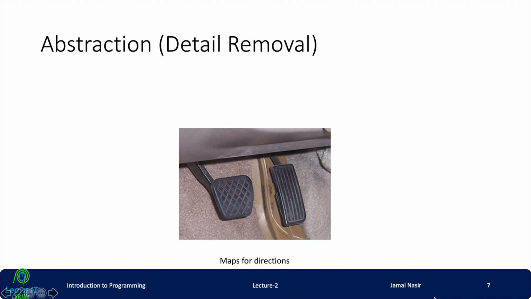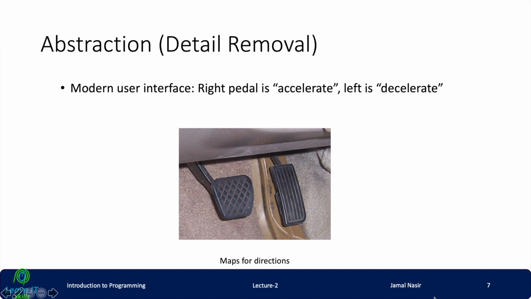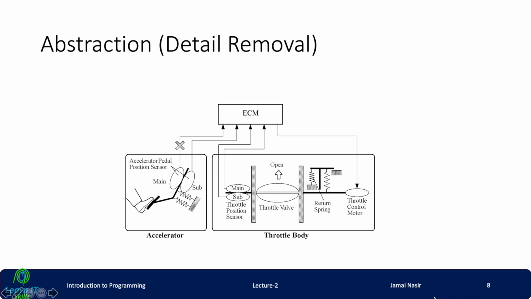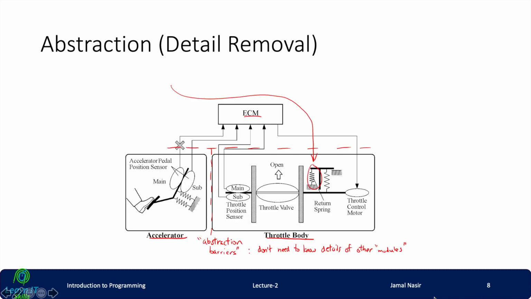Just like in a car, when you are driving, you don't have to consider what's going on behind this pedal, accelerate or brake, right? Because we know that behind this pedal or brake, there is a complex system, right? So we don't want to show details, all the stuff. So this sort of thing is abstraction. This is a barrier that you don't want to show all the details to your user.